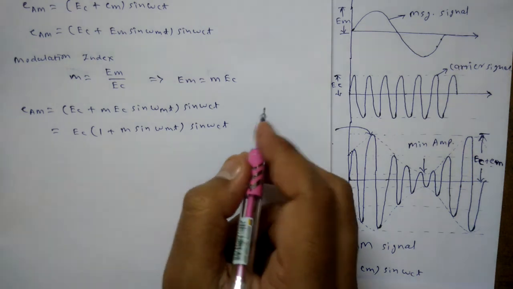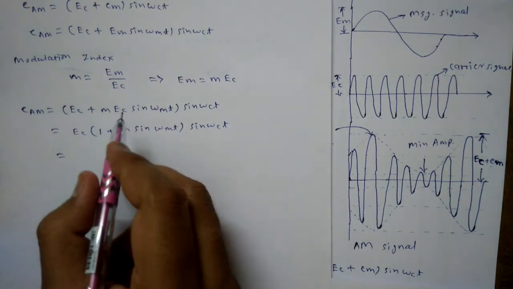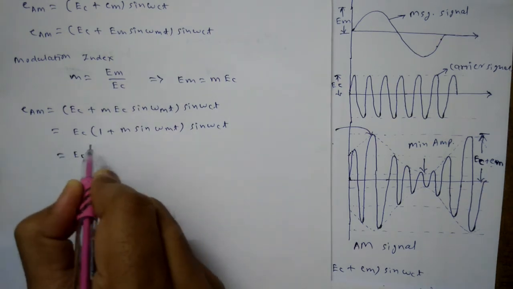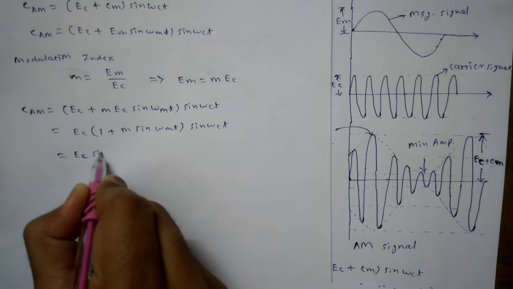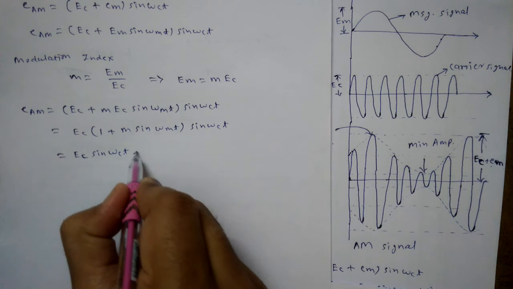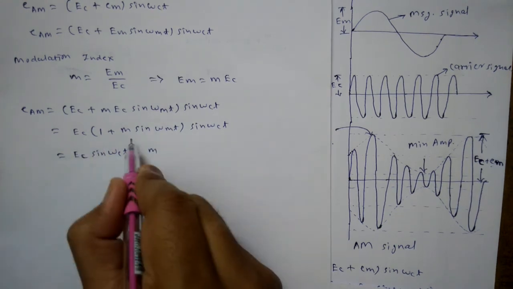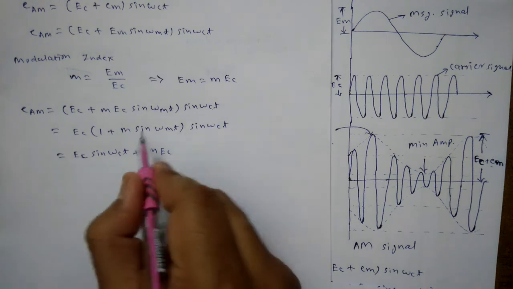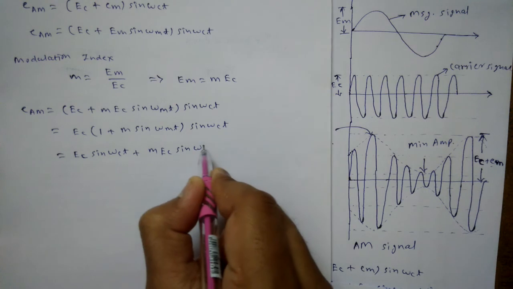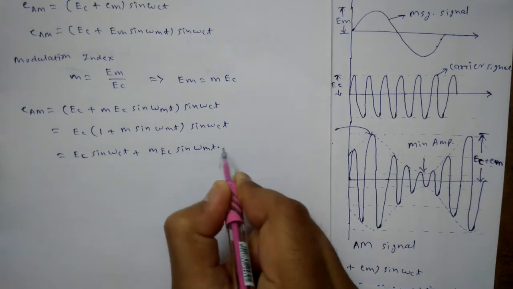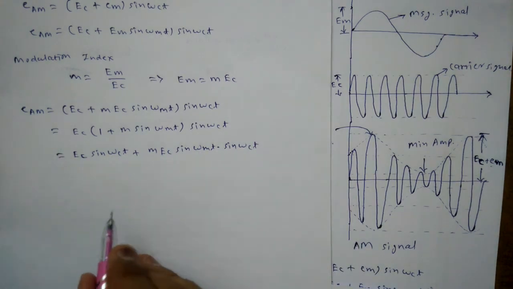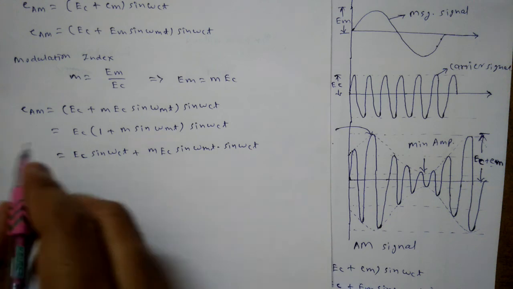So this is a simple thing. Now let us solve further. It can be solved like this. We are getting EC sine omega c t, right, plus m, this EC is taken here, so m into EC, then these two terms. So we have here sine omega m t multiplied by sine omega c t. Simply we have solved this, and further we will go for the